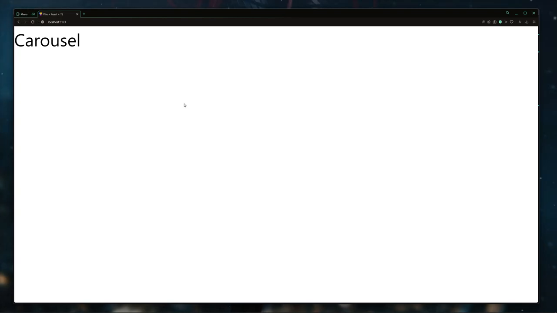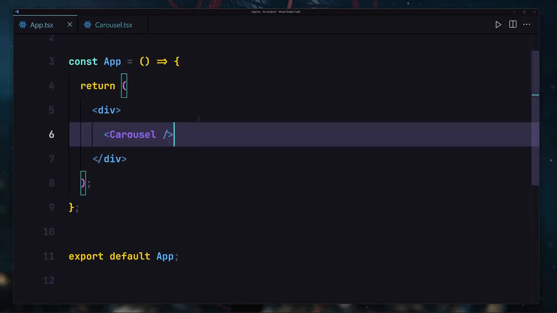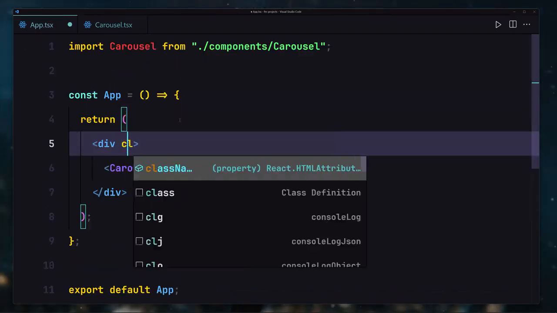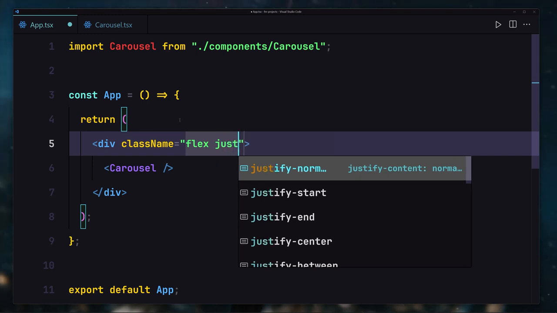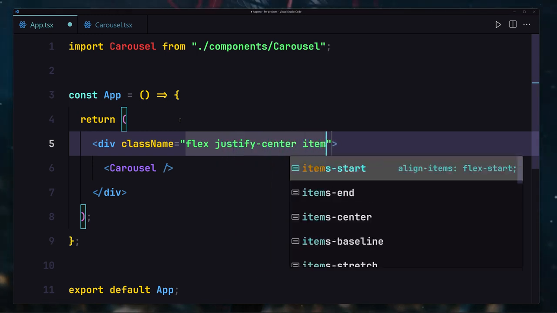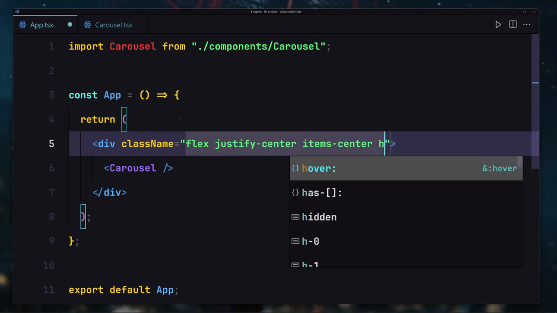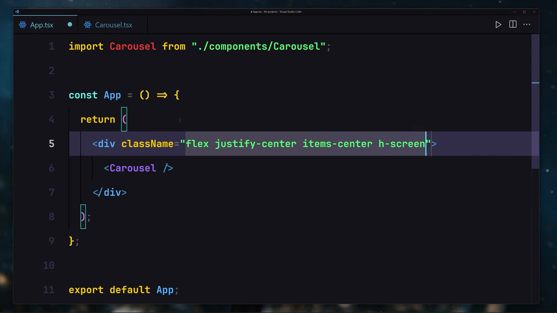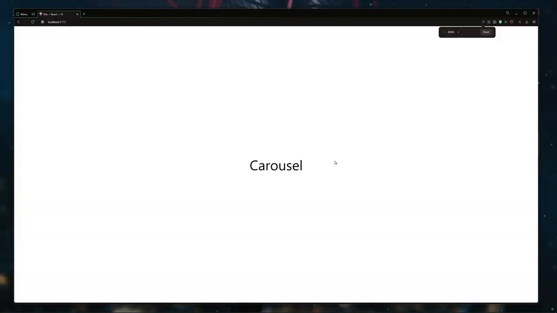So here you can see we are now getting the carousel, but this is not something that we want. So I'm going to go ahead and make that totally center. I'll use flex, and justify will be set to center, and items will also be set to center, and height will be set to screen. And here you can see we are now getting a carousel, which is now perfectly at the center of the